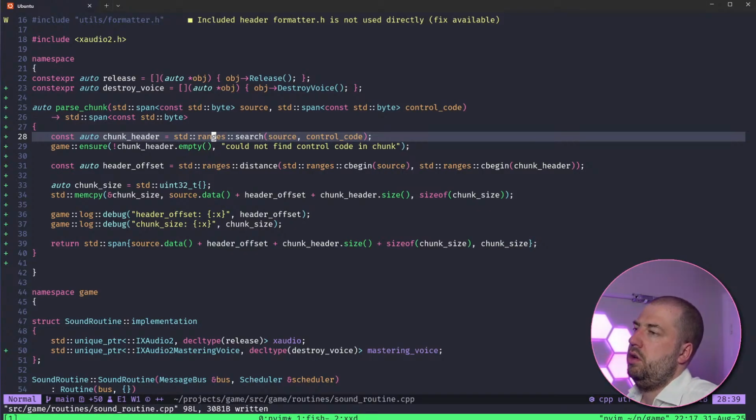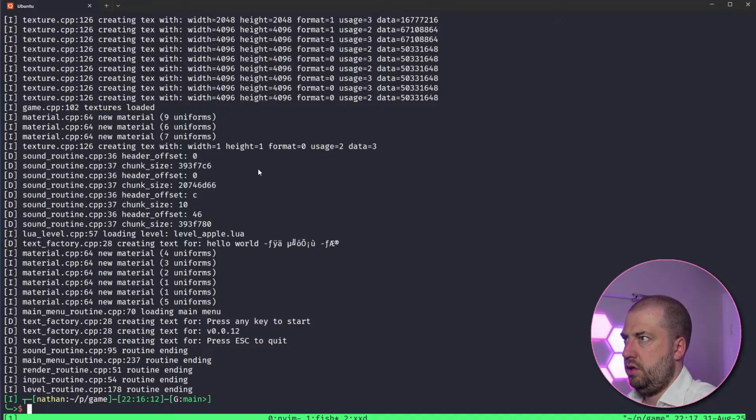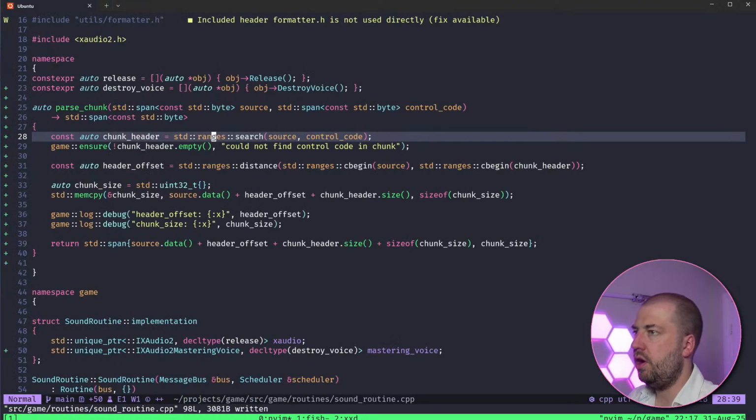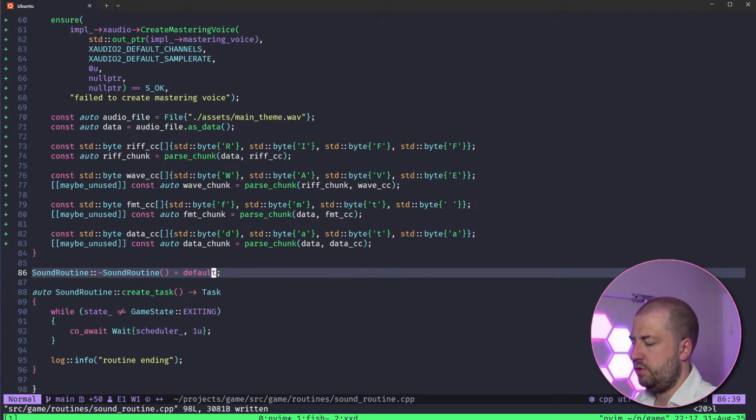So what did it think the chunk size was? I mean, it does think that chunk size is pretty big. And whoa, that's ASCII, isn't it? That chunk size is wrong. That chunk size is a format, isn't it? Yeah, maybe this is just an inherently wrong way of doing it. Well, I'm kind of okay with that. I think I'm going to wrap this up here. Let me just quickly comment this up.